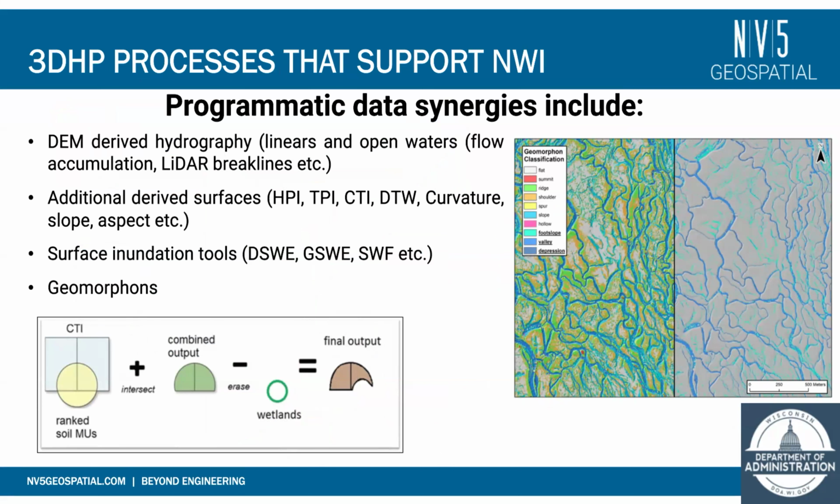So the 3DHP process produces obviously the data sets that we understand: the rivers and the streams and the network and the watersheds. But there's a whole lot of other data sets that are developed, such as the topographic index, that are also data sets that are used for mapping land cover and mapping wetlands. And so if we produce these data sets once, it allows us to then utilize them multiple times in multiple parts of